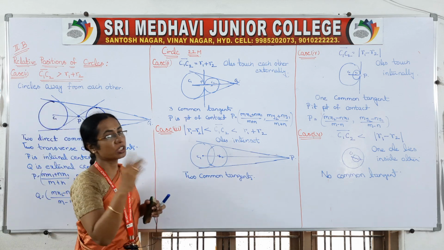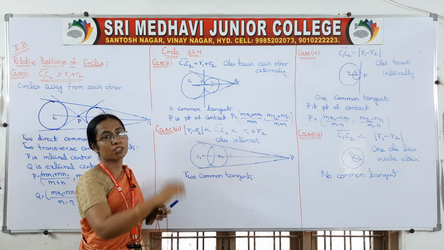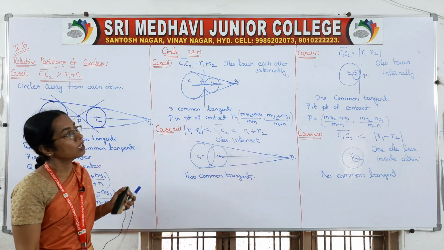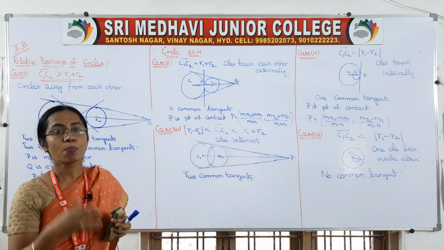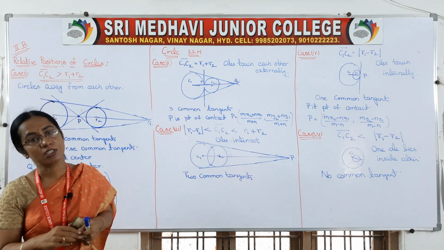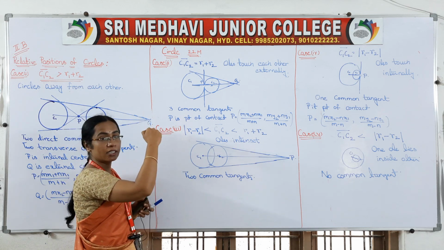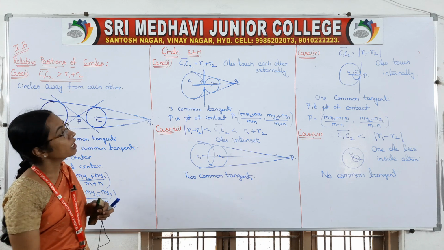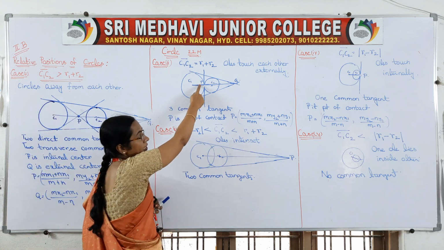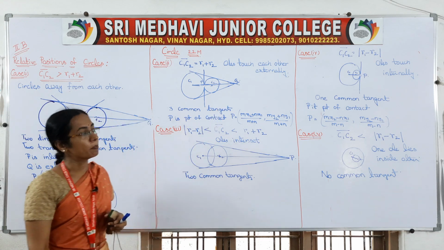These are the most repeated questions for 7 marks. These principles we will use in solving those 7 marks problems. They will ask the question like: show that these two circles touch each other, and find the point of contact. So we have to check whether they touch internally or externally. If they touch externally, the point is an internal point. If internally, the point is an external point.